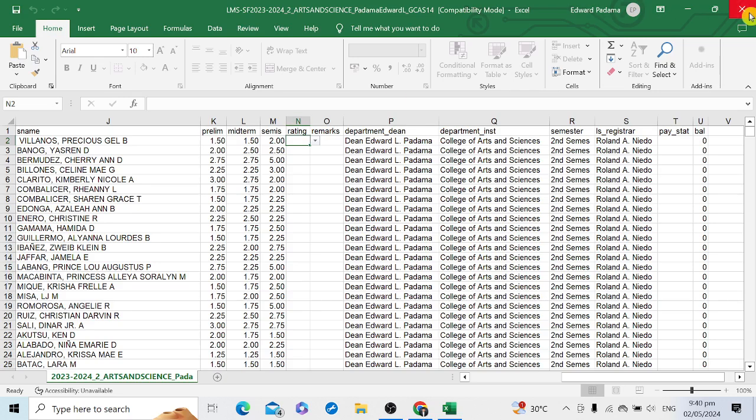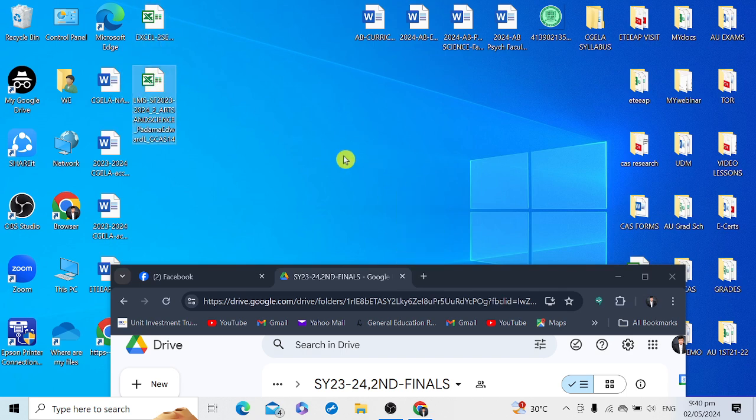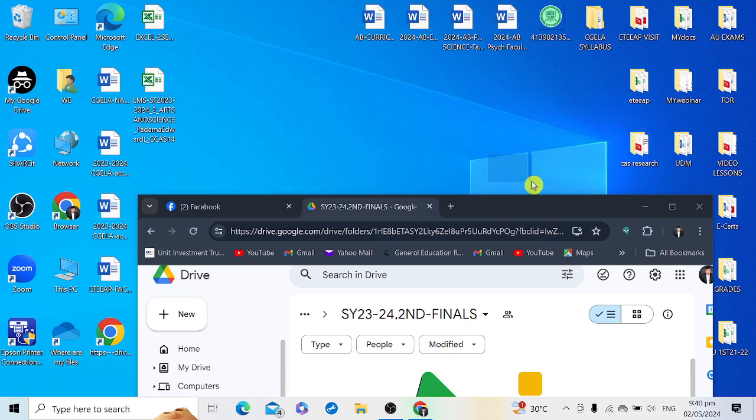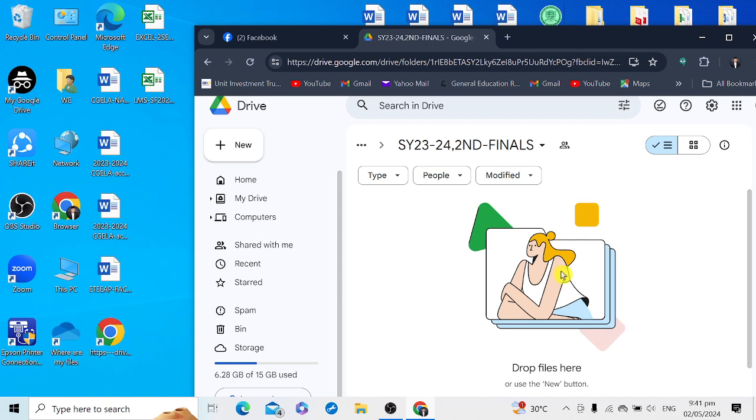I'm going to exit this so that you will have an idea of the files that you're supposed to submit. Once you're already prepared with your files, we're going to set this here on top, and then we're going to adjust our window so we can just drag and drop the files.